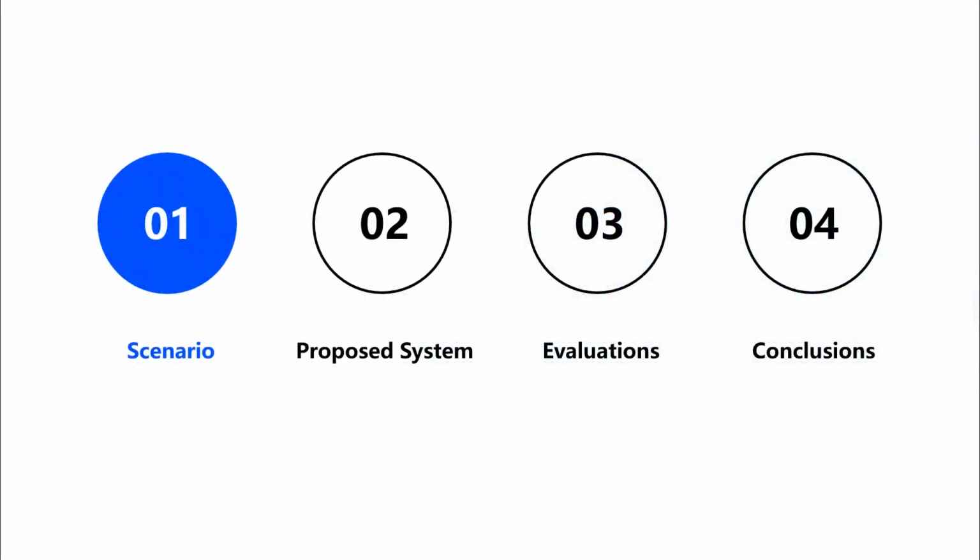Let me give you a brief outline. First, I will introduce the scenario model and motivations. Second, the proposed system, with a system overview and more details on the modified DCCRN and dynamic equalization. In the third part, I will talk about the evaluations on challenge data. Finally, I will give a brief conclusion.